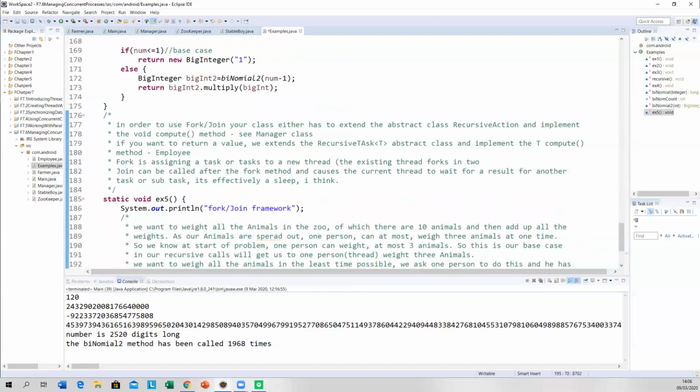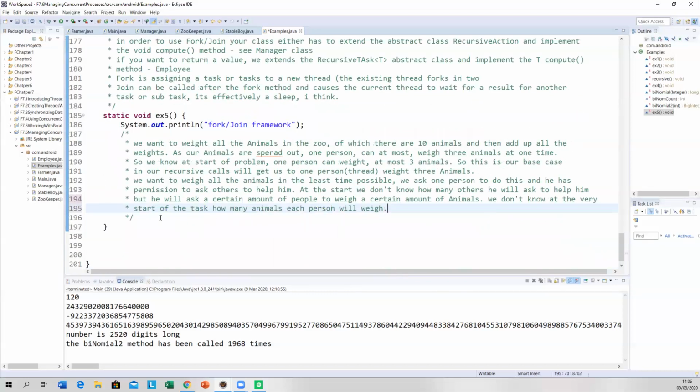Now, we go down here. I'm going to start off here. We are going to create an array of weights. Okay? So weights is going to be doubles. Now, I'm not going to bother using a set because array is just handier. It's smaller. Okay. So new double, and we're going to have 10. So what's this going to be? This is going to be used to store the weights of our animals. Okay. And we want to get the total weight.